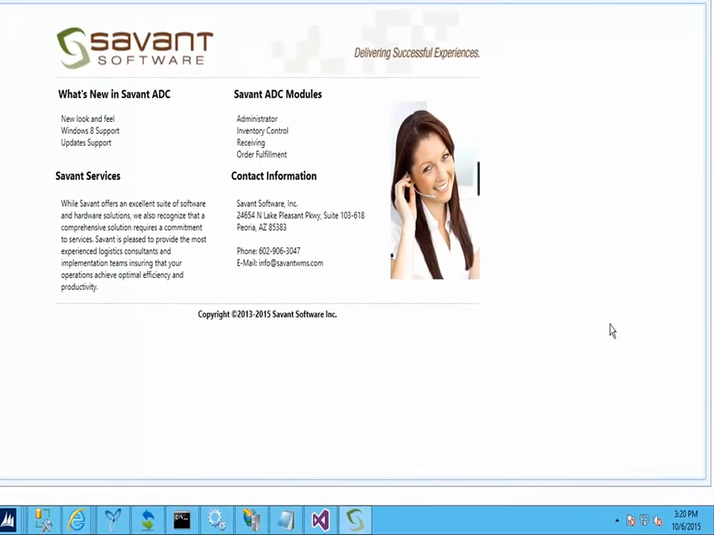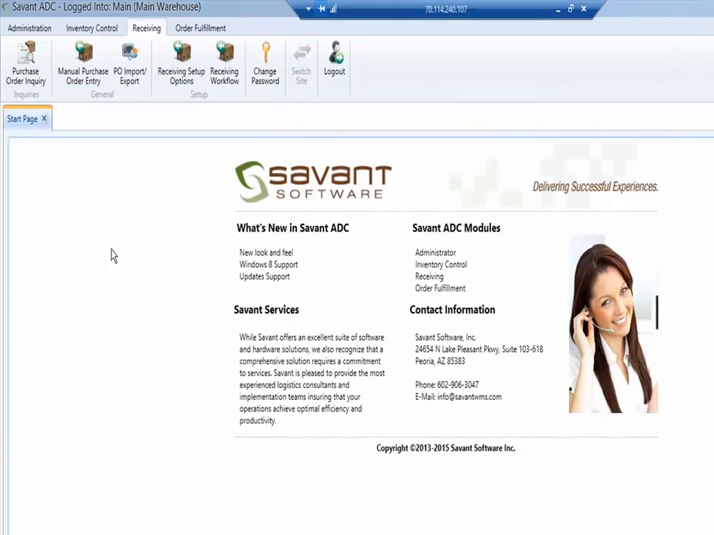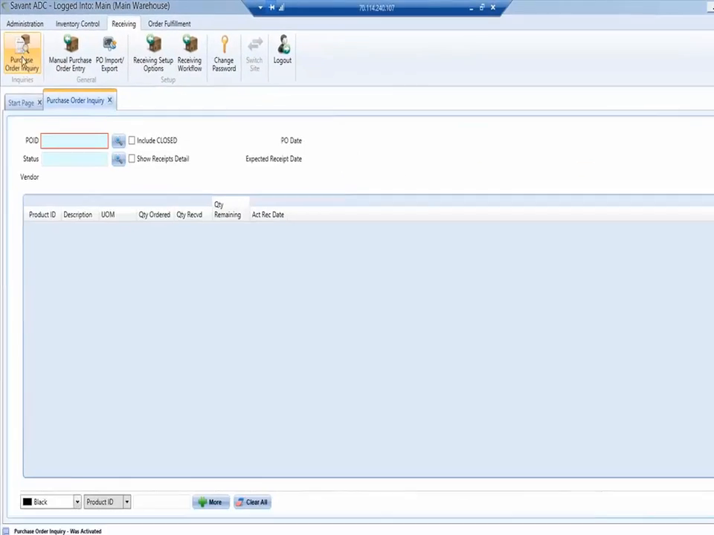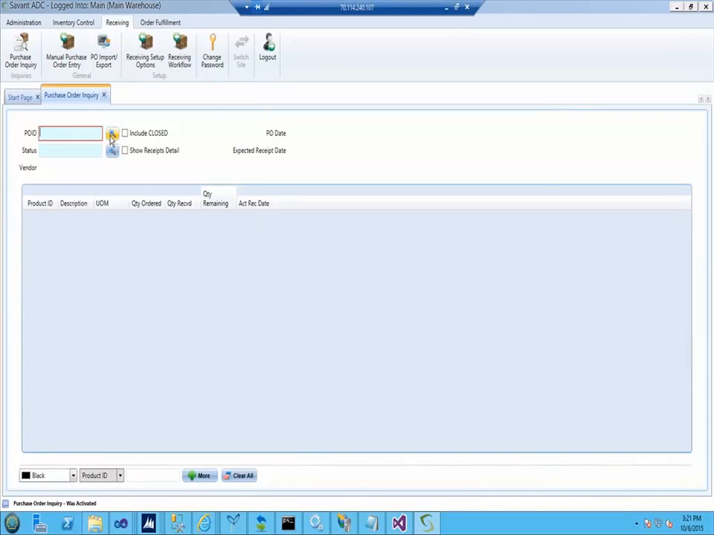The first transaction that I'd like to show here is the purchase order entry and then receiving of the products on that purchase order. So the first thing I'd like to do is show you this is Savant, our administrative console where you can go in and do inquiries and take a look at some setups and things like that. For our purposes, we're going to go into purchase order inquiry, and we're going to look up all